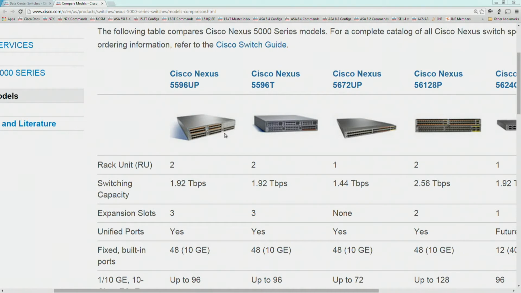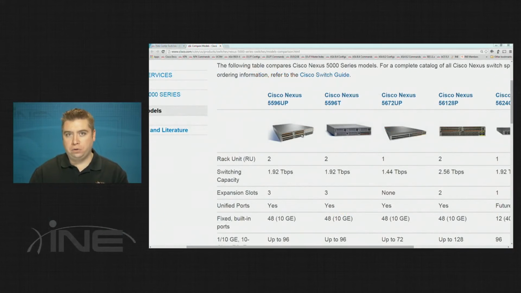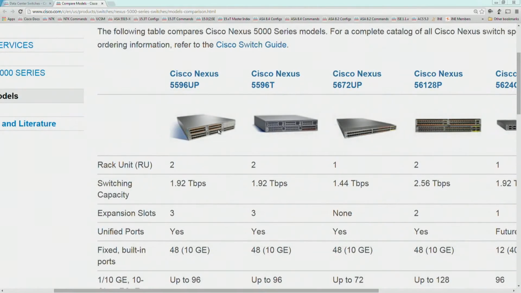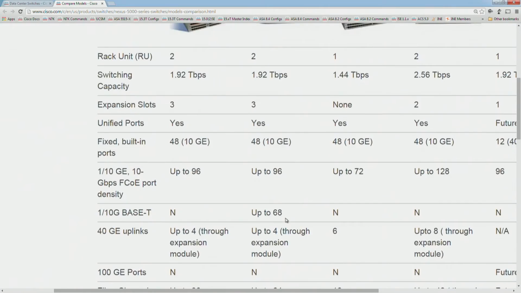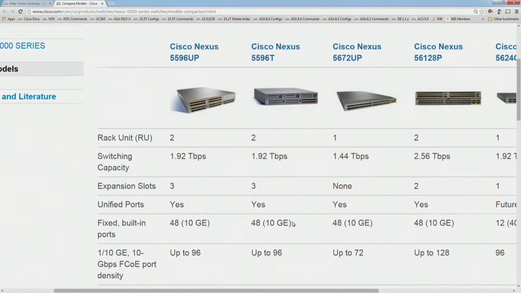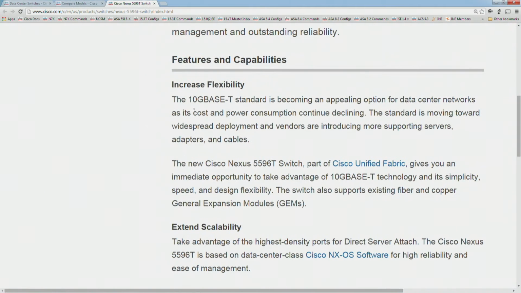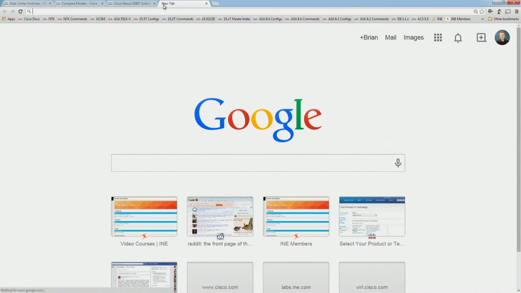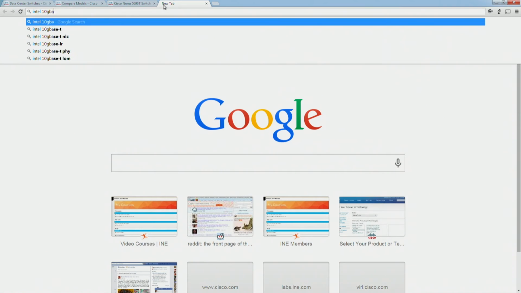Now, if you look at the part numbers here, the first 2 that are listed are the 5596 UP and the 5596T. The T model is the one that uses 10 gig copper. Let's look at the physical view of this box. It uses 10GBASE-T. So this would be, for example, if you have an Intel 10GBASE-T NIC card,